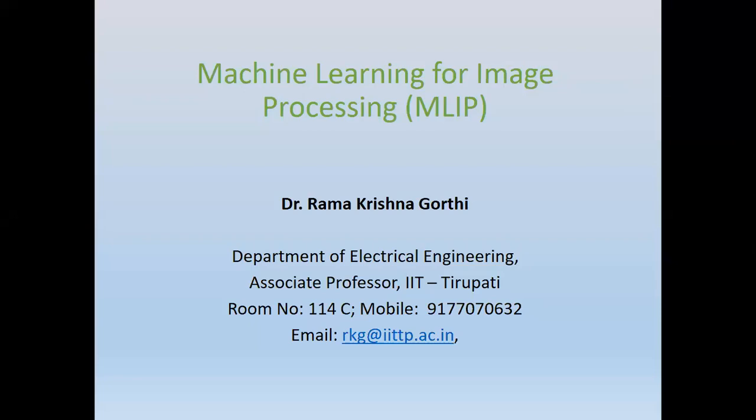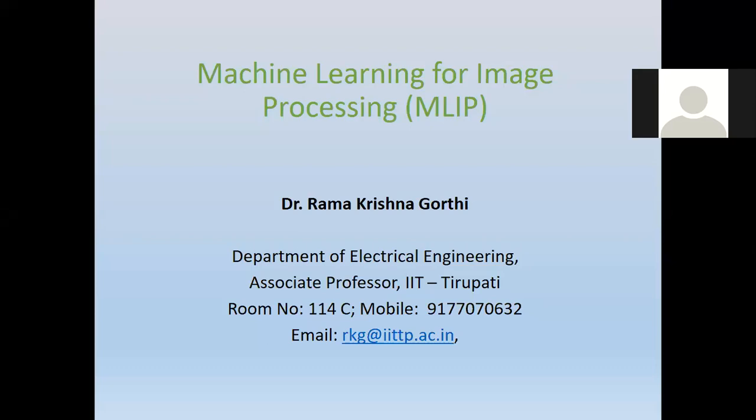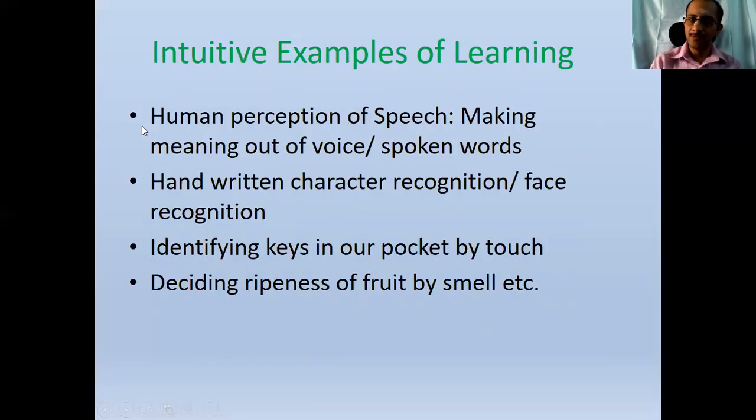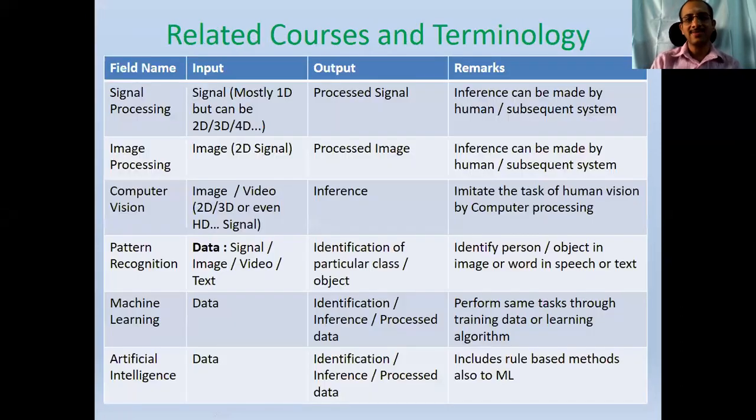Right. So if you want to automate any task, either a machine learning task, a pattern recognition task, or even a computer vision task to some extent, any automated task usually requires 3 steps. What are the 3 steps we have discussed? Pre-processing, feature extraction, classification. Right. Pre-processing, feature extraction, and classification.